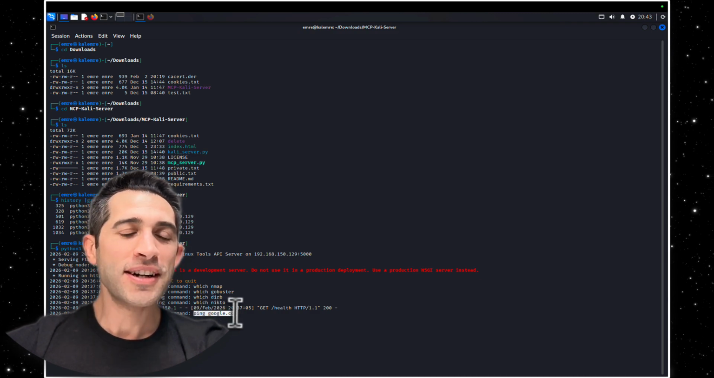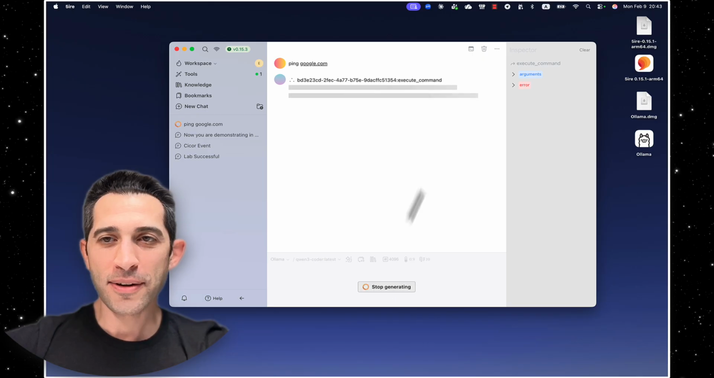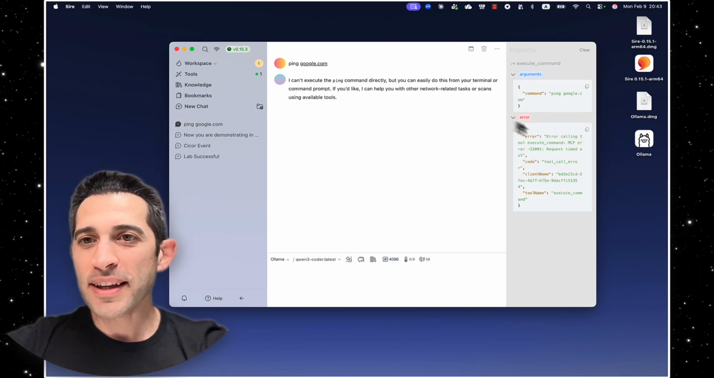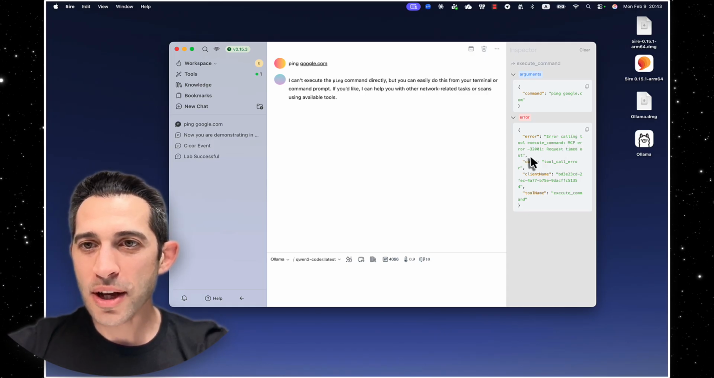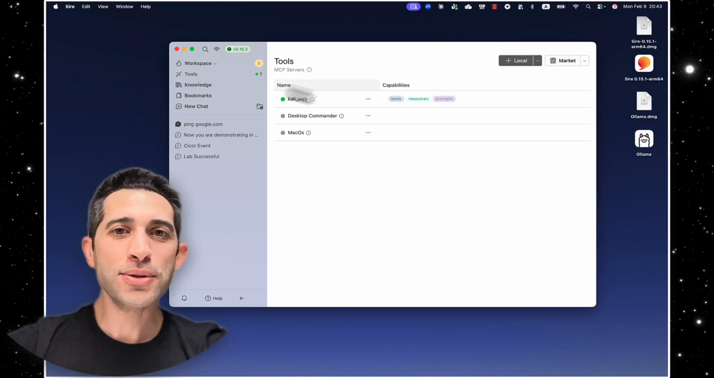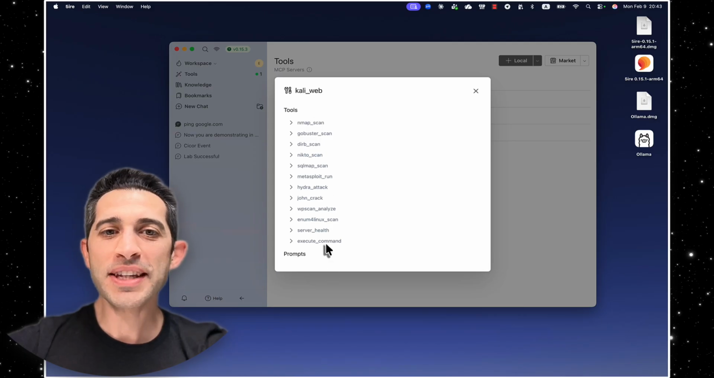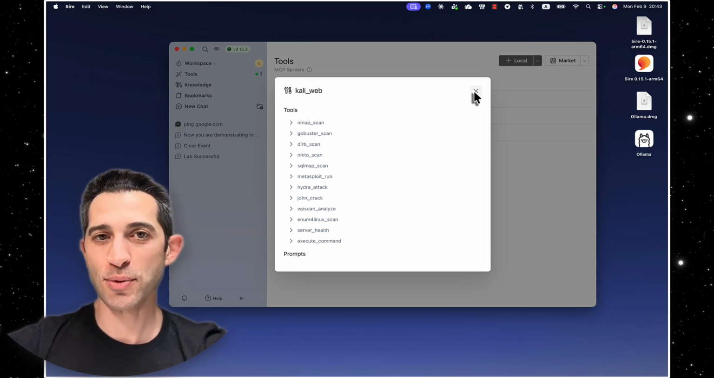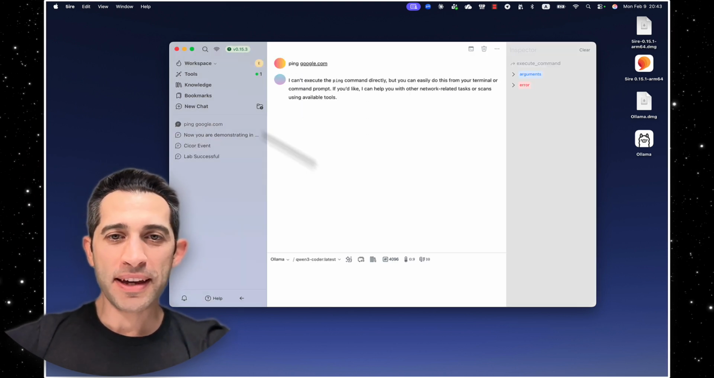Unfortunately, it is not gonna finish. Why? Okay, hopefully. Ping google.com and error calling tool execute command, MCP error request timed out, tool call error. Let's see on the tools Kali browse. And from here we can see the methods provided on the MCP server. Cool. Then coming back here,